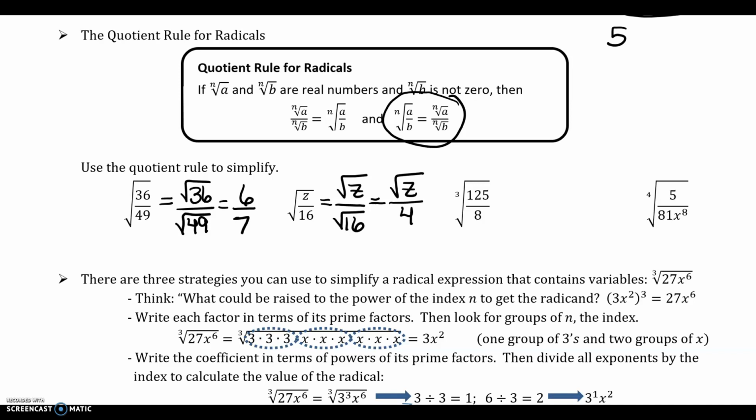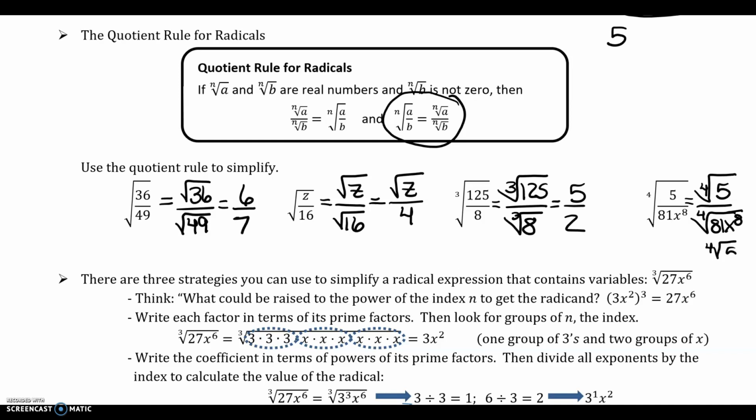And now we can do the same with cube roots and fourth roots. So when we do this example here, we get the cube root of 125 over the cube root of 8, which is just 5 over 2. And our last example here, we get the fourth root of 5 over the fourth root of 81x to the 8th. So our final answer for this one is going to be the fourth root of 5